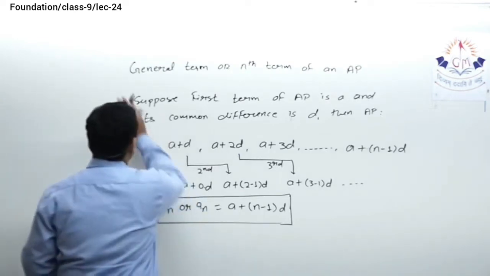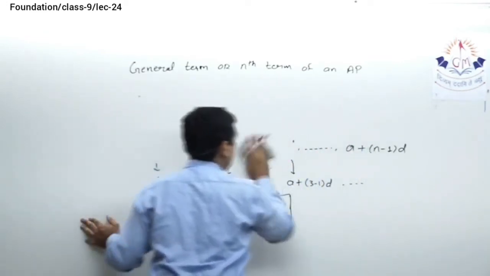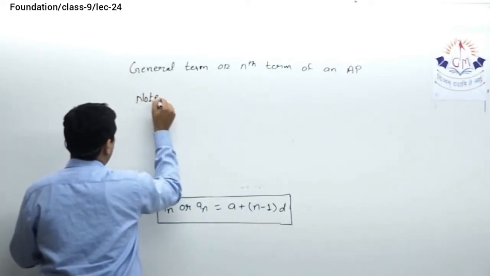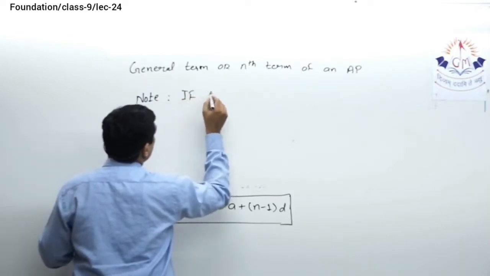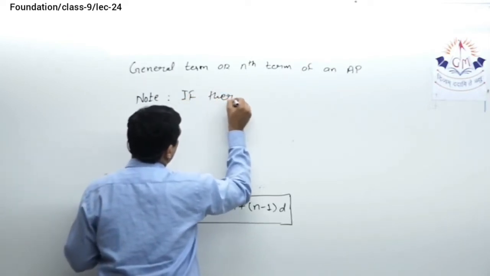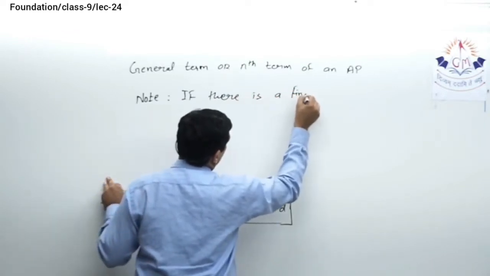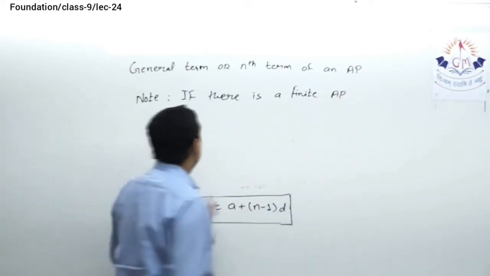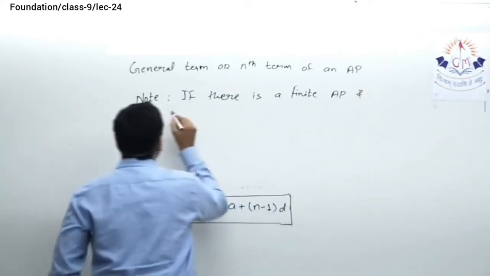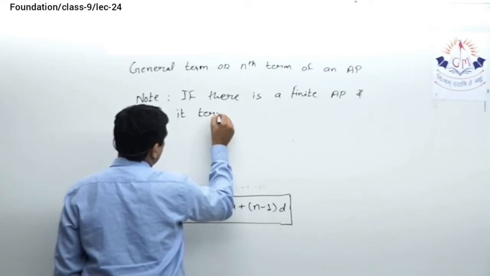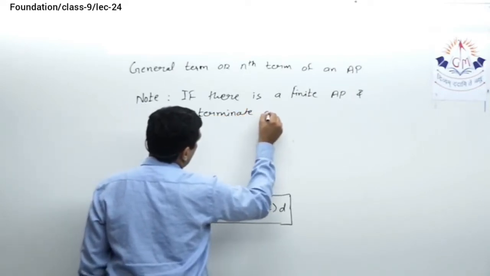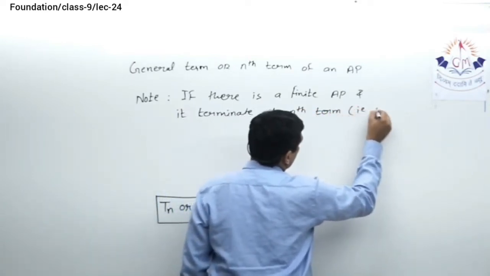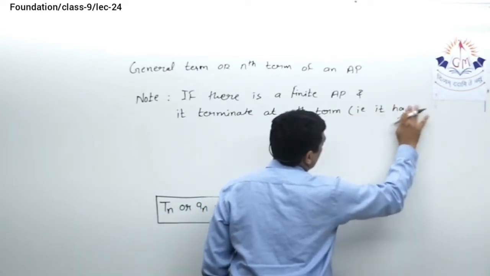So after this, take note. If there is a finite AP, that means one in which the number of terms is fixed, and it terminates at the nth term, that is it has n terms,